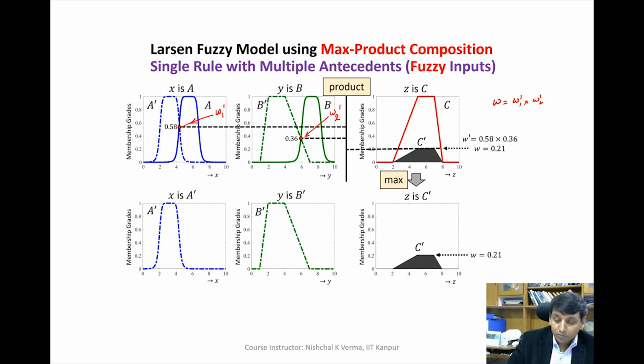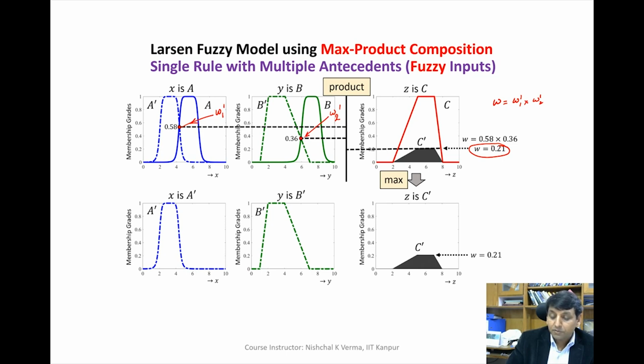So here this is W1. This is for the first rule, single rule. That's why, whether we write it or not write it, doesn't make any difference. So let us not use 1. Okay, so when we multiply W11 and W21, we get